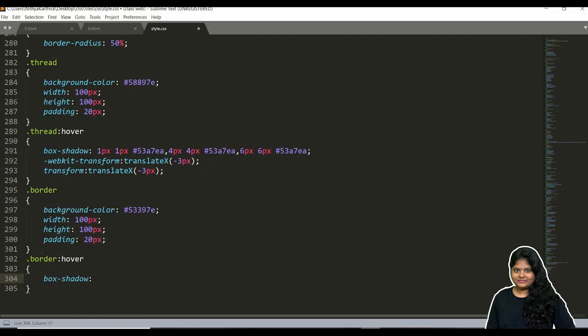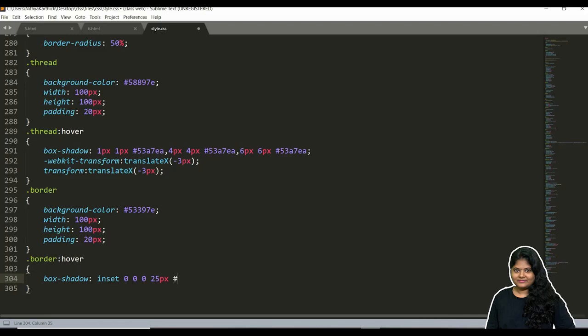The box shadow should be in the form of inset because we want to give this effect going inside. For that we can give the values like this. This is left, right, top, bottom, and I have just given 25 pixels with one color.